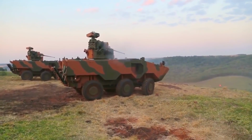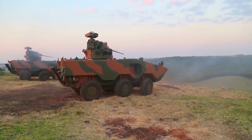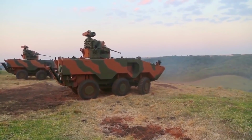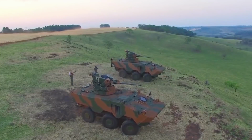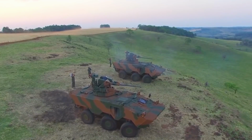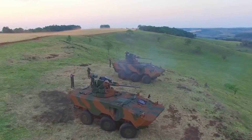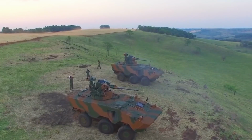In addition to the VBCI, a mortar carrier version is planned as well, for which several companies have offered their weapon systems. These include the Ares Elbit Spear, an evolution of the Cardom 120mm gun, Ruag Cobra 120mm, Thales 2R2M, and the Norinco SM5. The other three planned variants are the VBE-PC,